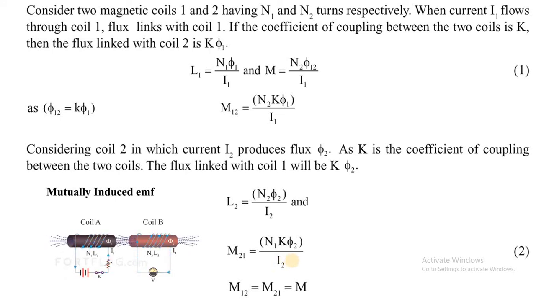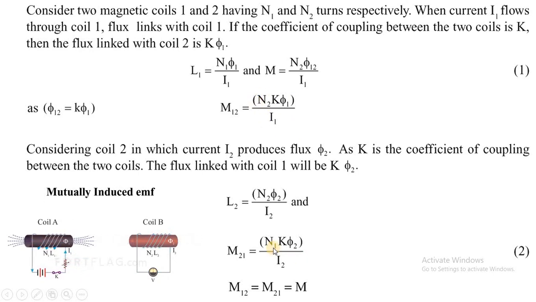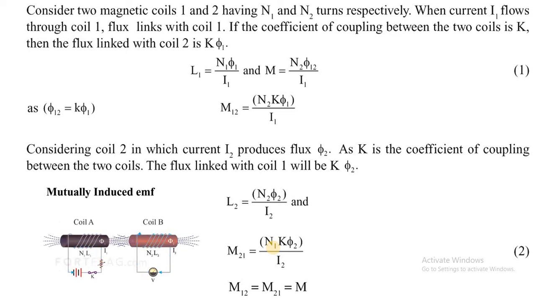Yes, ma'am. Okay. Now just for a second, just shuffle the position. Because anyhow, in this bracket the values N2 K phi 1 and N1 K phi 2, both the terms in the brackets, are going to be in the numerator only. They are not going to change position. So one bracket multiplied with another bracket and divided by I1 into I2. So M square will be this first bracket into the second bracket divided by I1 into I2. That value I am going to get.